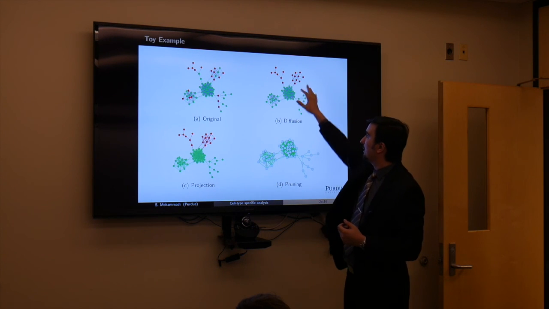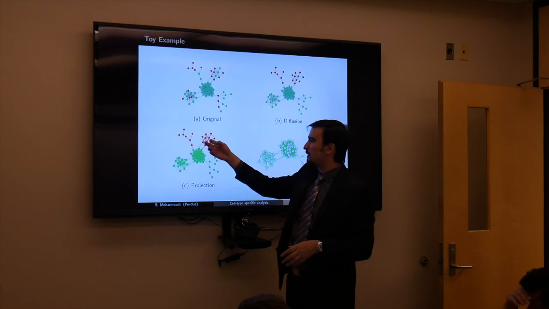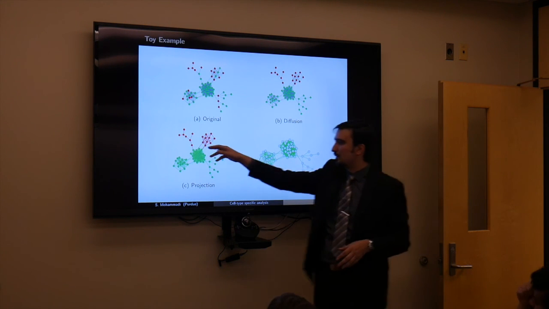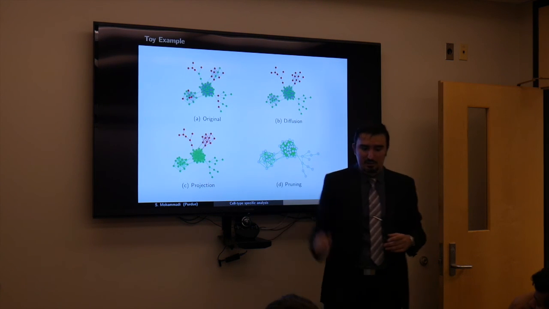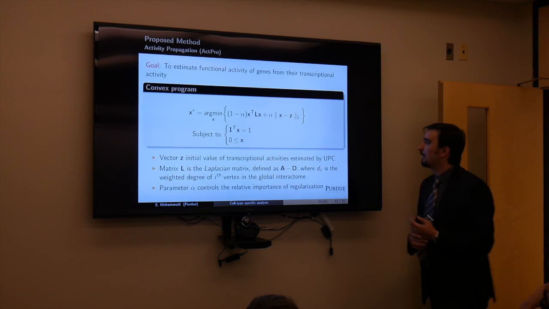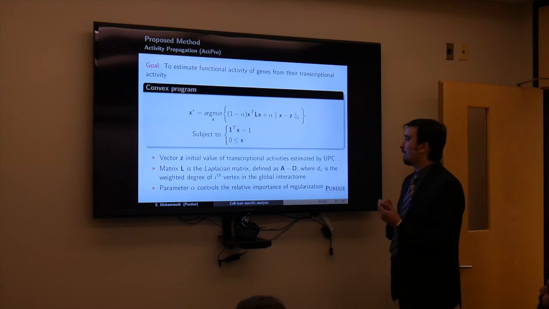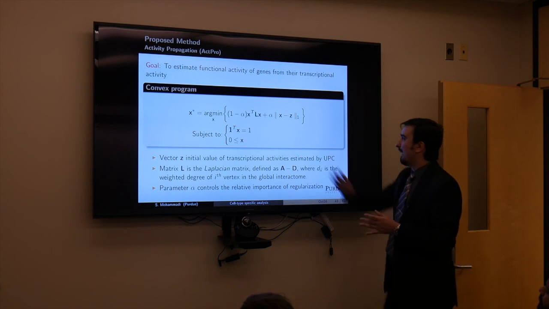And this is only at the node level. We need to project it back to the edge level, and then we prune the edges that seem to not be used in that context. So in order to solve the diffusion process, we use a convex program where Z is